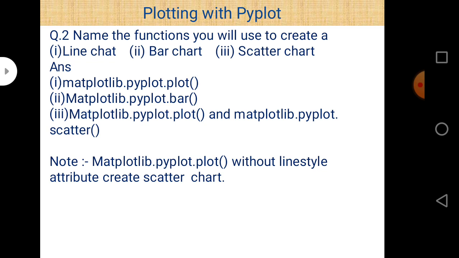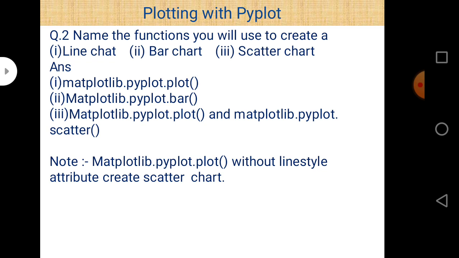So when 2 points are not connected to each other, the graph is represented through some points, and when two or more points are connected using a line chart, then automatically there is a line between different points. So that is the basic difference between line chart and scatter chart.